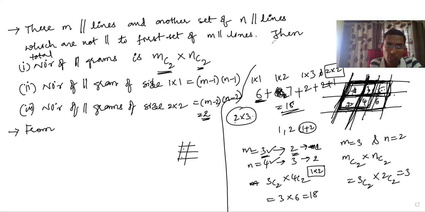Sir, if 3 by 2 means, yeah, I told you, here size is 2 by 2 you will get M minus 2, N minus 2. No, not like that. What is the question? Yeah, 3 by 2 means yes, M minus 3 and N minus 2. Okay, you can go on like that.